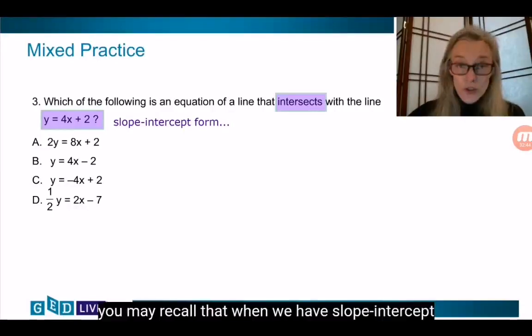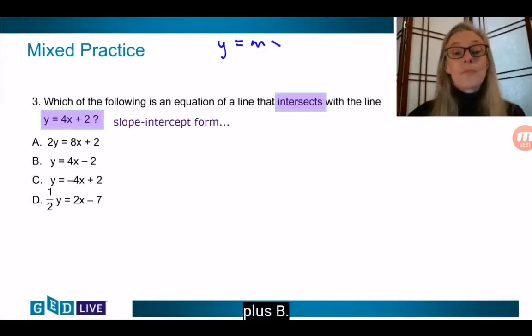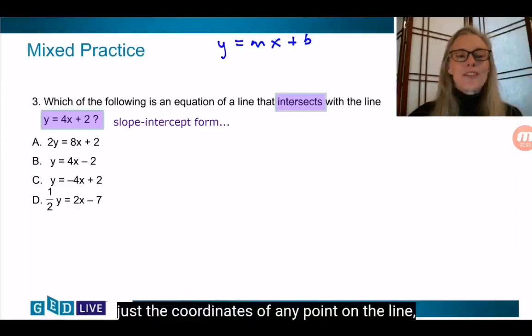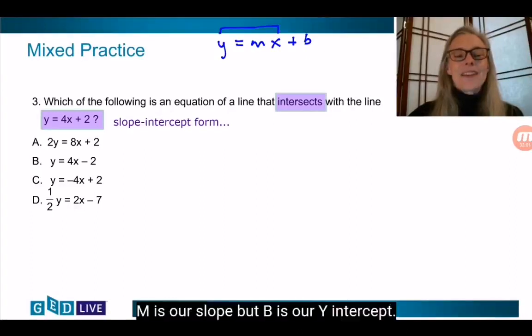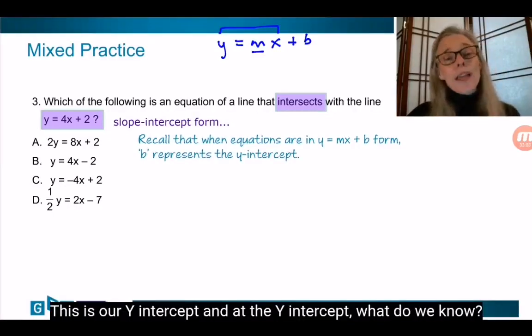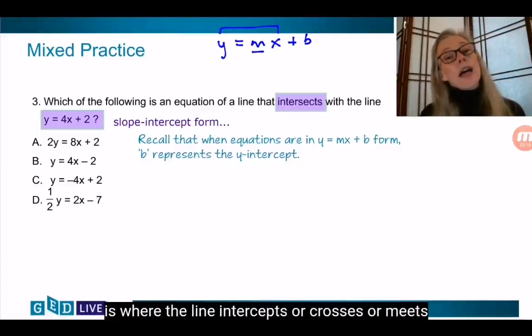And you may recall that when we have slope-intercept form of a line, y equals mx plus b, b is the y-intercept. Y and x are just the coordinates of any point on the line. M is our slope, but b is our y-intercept. And at the y-intercept, what do we know? Well, even just going by the name of it, the y-intercept is where the line intercepts or crosses or meets